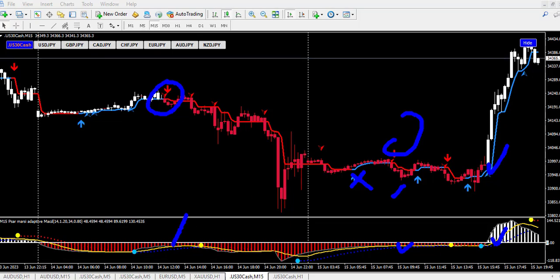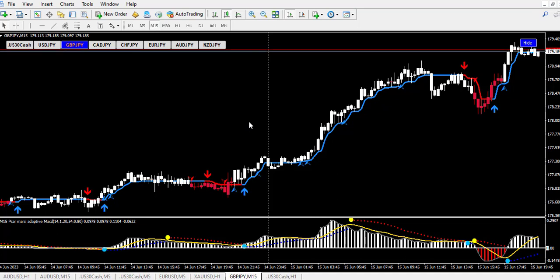This will help you from entering a wrong trade, and make sure you follow it closely. This is another pair. This is Great Britain pounds, Japanese yen, and we have another buy signal generated here. We have the dot here, the histo bar remains white, and then we have a confirmation here also. This is a good ride. This is continuation. Here we have a sell signal here, and at this point we have confirmation, though this only gives us a few pips, and a few minutes later or hours later we have a buy signal generated here,